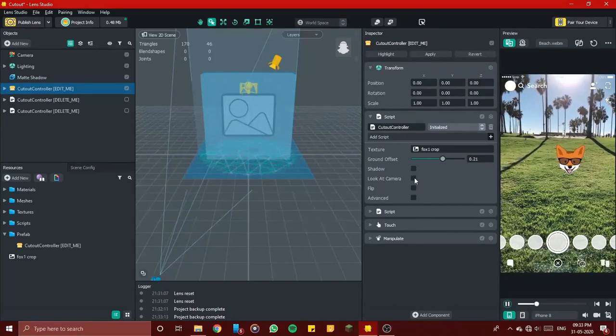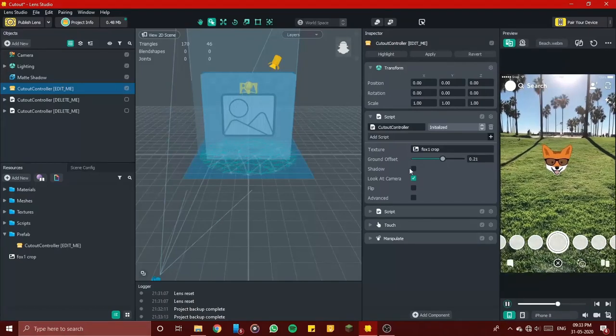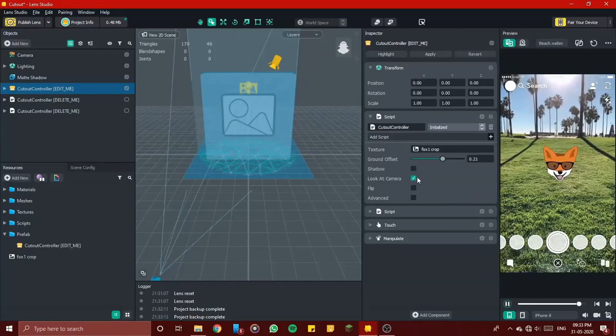control the camera movement. I'm not going to do this here.